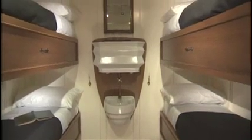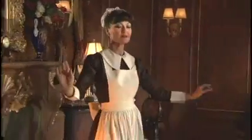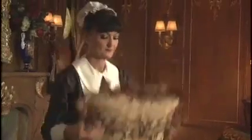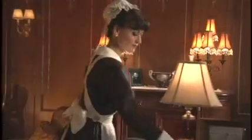Ooh, talk about cabin fever. But if you were lucky enough to be a first-class passenger, this would be your lounge in a suite that has 6 or 7 rooms. Oh, you might have seen this lounge before because James Cameron modeled it exactly from here for his film. And speaking of modeling,